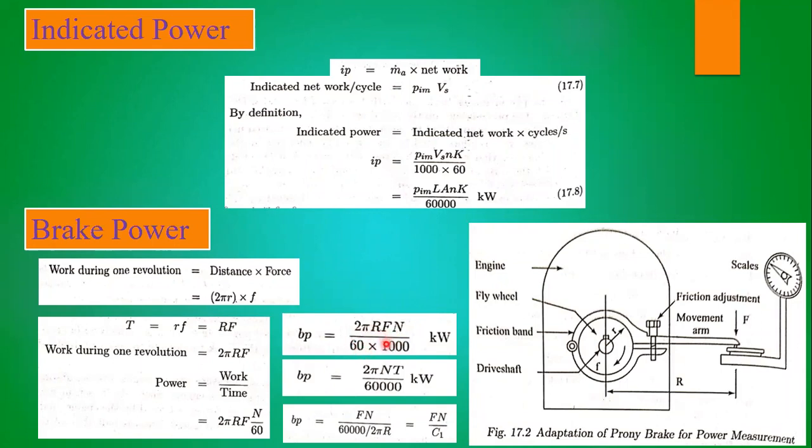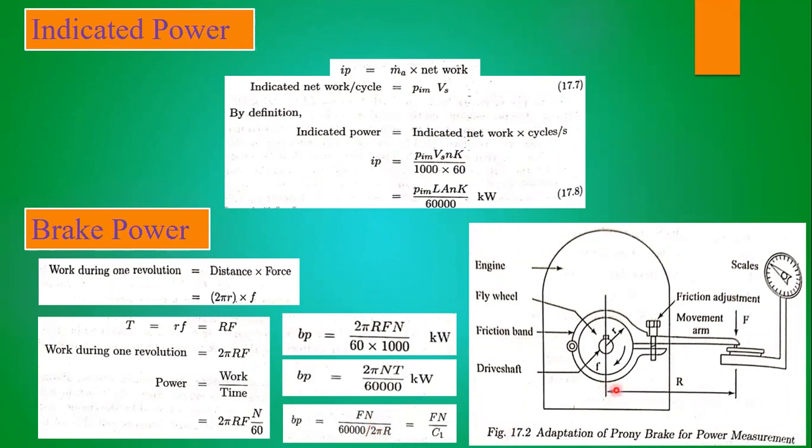So this is the way which we already discussed earlier in the previous class, and we can make this a constant value. Why? Because we need to vary the speed, and according to the variation of speed, this force and speed in RPM are going to change. So at a particular point, a particular brake power is there, and we will take the average brake power. So this is the constant.